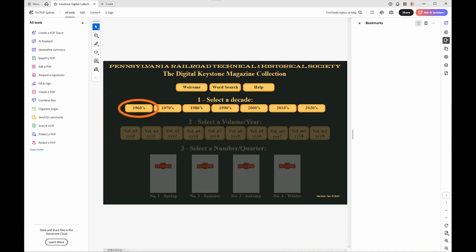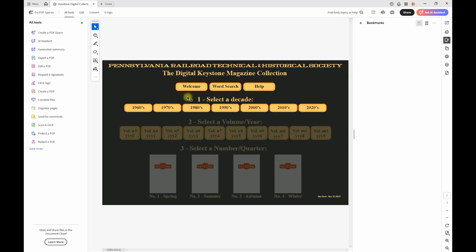Buttons at a lower level than the selected button may change their states when the button becomes selected or unselected, and generally refine the browsing state. Navigating to a specific Keystone issue is as simple as 1, 2, 3. 1. The decade buttons allow you to select the decade in which your issue is included by clicking on its